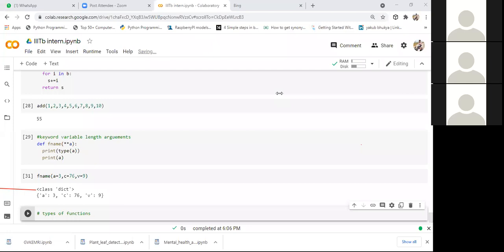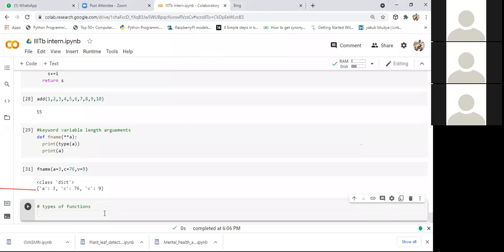Okay, good. Now we'll see the types of functions. Actually, we need to discuss this at the starting of the session, but I'm discussing it after finishing the concept. Coming to the major categories, we'll be having only two types. The first type is built-in functions.